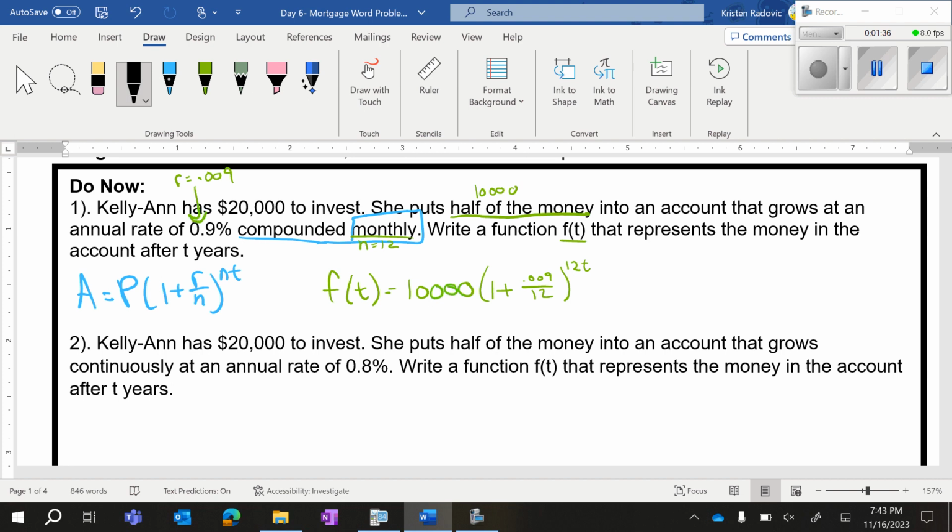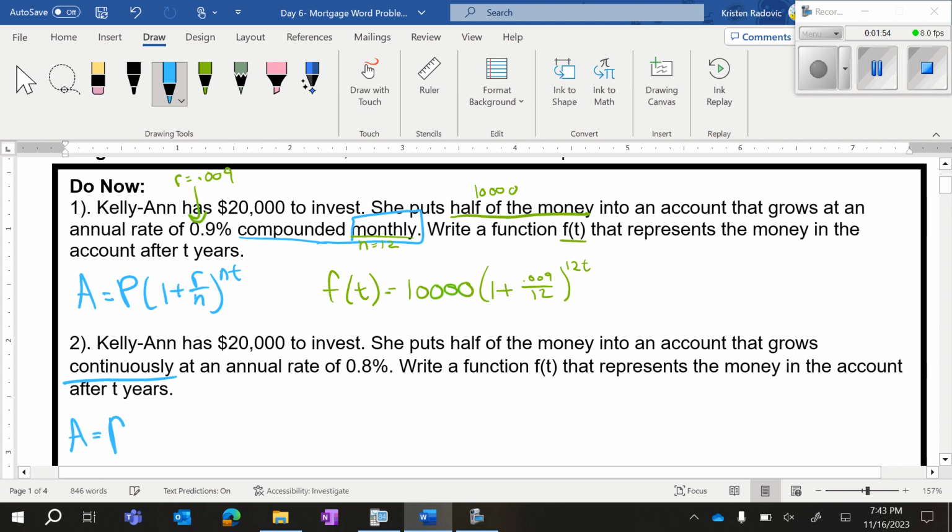Now for the next one, Kellyanne still has $20,000 to invest, and she puts half of the money into an account that grows continuously. As soon as you see the word continuous, no matter what, even if it says compounding continuously, you need to write PERT. They want to write a function f of t that represents the amount of money in the account after t years. So we have f of t